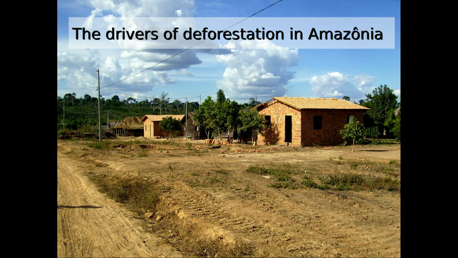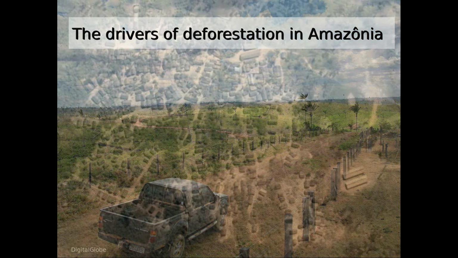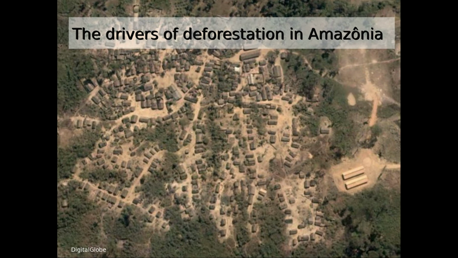Of course, settlement formation is another thing that happens. People moving to the great Brazilian dictator / president Getulio Vargas said, we can bring people without land to a land without people. And that's been going on in the Amazon since the mid 1900s. And settlement formation is one of those drivers. And of course, agriculture, in particular, large cattle ranching or large soybean farming tends to be a big driver of deforestation as well.